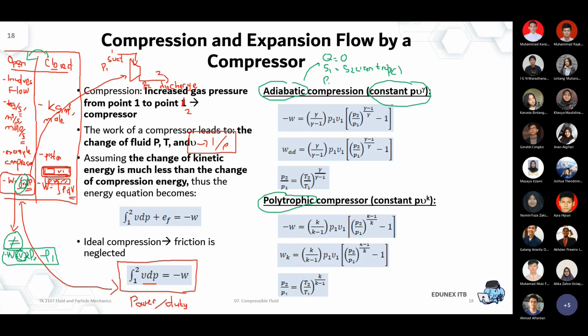So that means P1 V1^gamma will be equal to P2 V2^gamma. This will always be applied when we're working with ideal adiabatic compression, even for a gas. Once you know your P1 and P2, let's say previously I stated 1 bar to 10 bar, and you know the initial volume of your gas, then I can very easily calculate the final V2 of my gas after it's compressed to 10 bar.